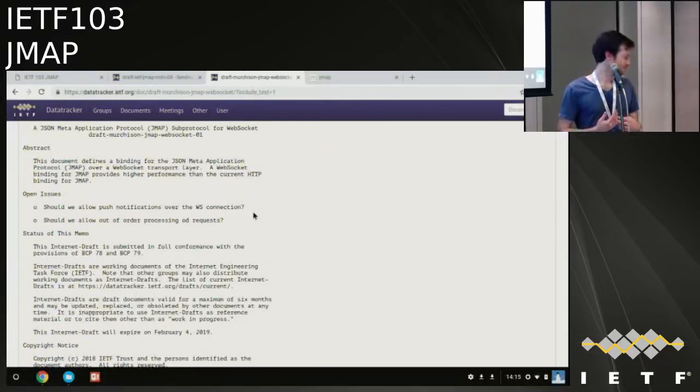I would say yes. You've already got a socket open that you can push things down. Yeah, we implement something similar to this, which is not JMAP yet, but it will eventually be converted, and we use the same channel to push notifications. Okay, I think that sounds reasonable as well.